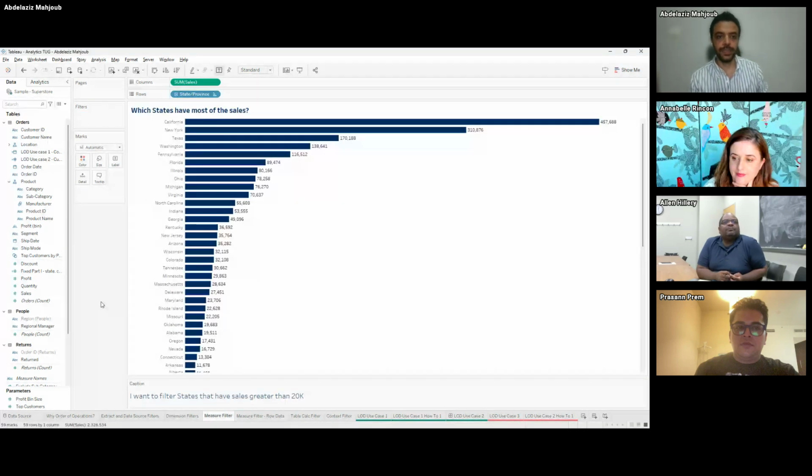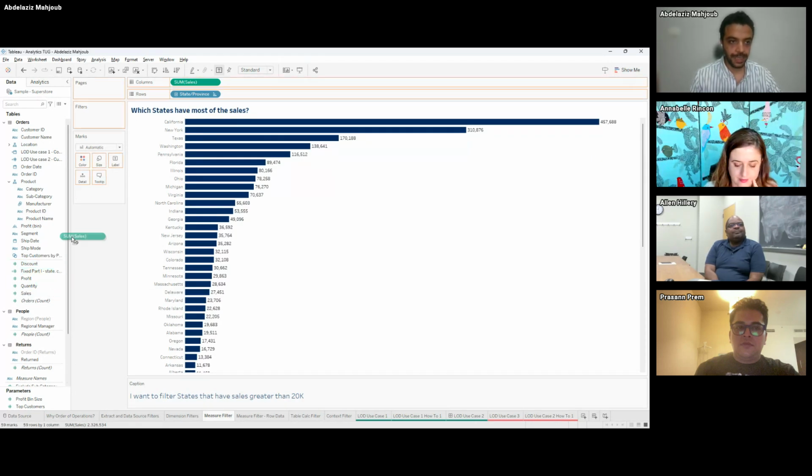Okay, this is the different states in the United States with the sales, and I'm already sorting the bar chart. I'm interested to see states with sales greater than 20,000. So in this case, I'm going to add my sales to the filter,